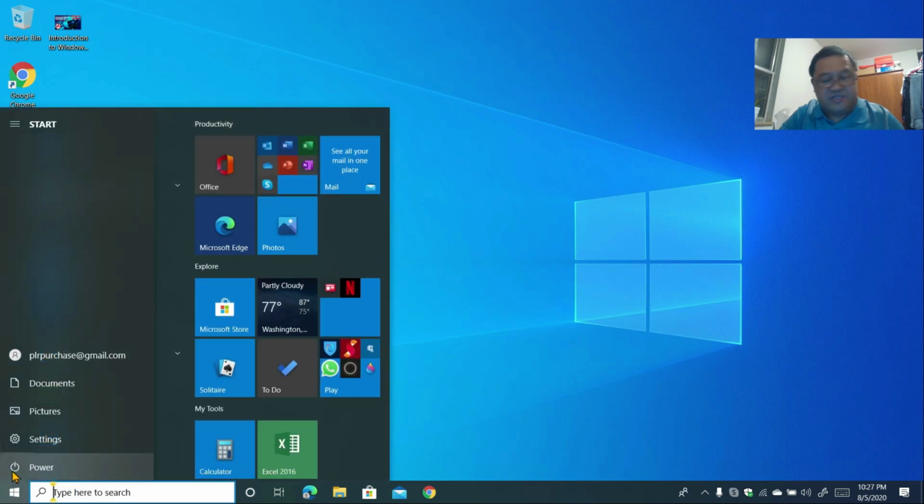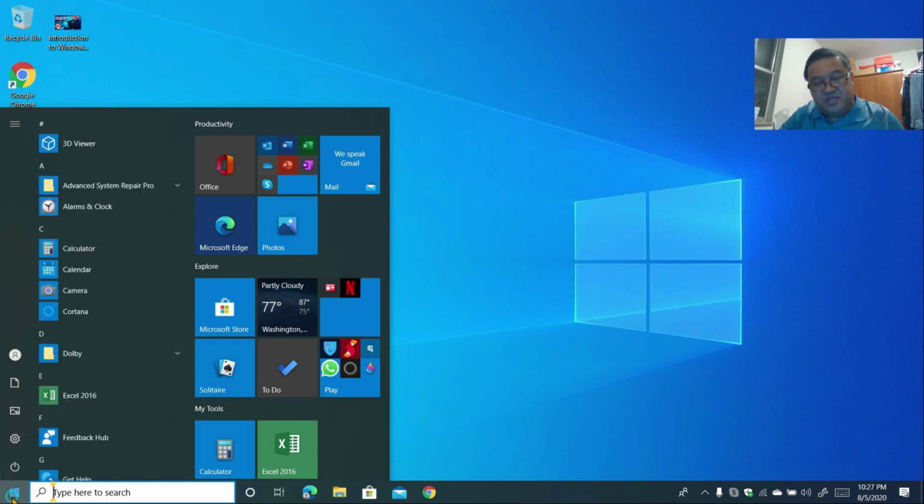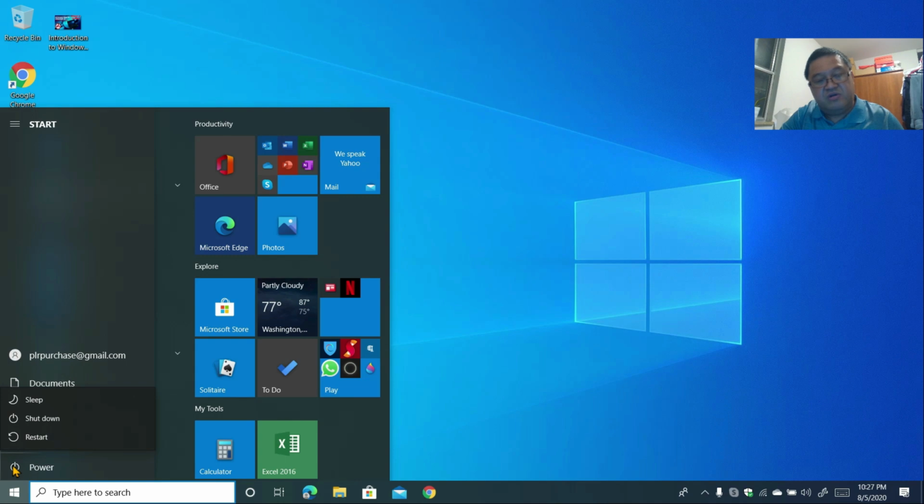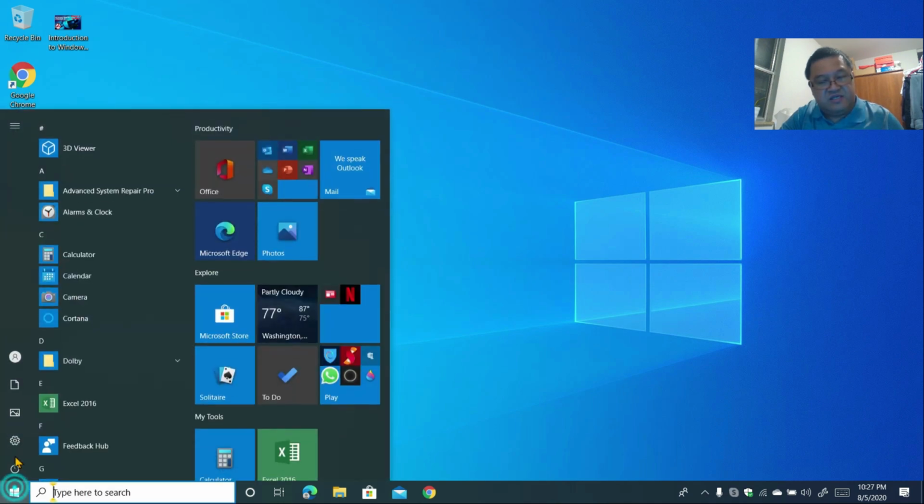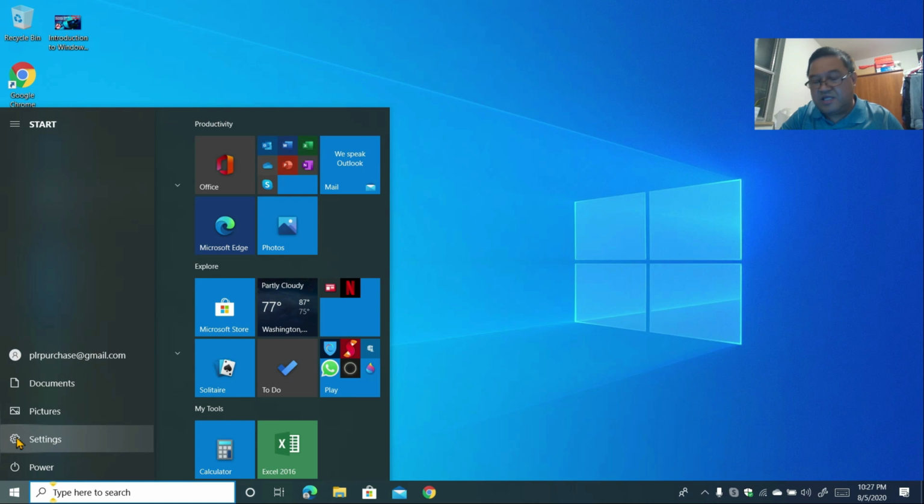We're just going back again so that you will familiarize yourself with this start button. Usually it will show this one, and then it will show the power. Okay, and then it will show the settings. Settings are for when you want to make changes to your laptop, like if you want to set up backup or restore, or if you want to uninstall any applications, you just go to this settings. And then this one is pictures. Usually